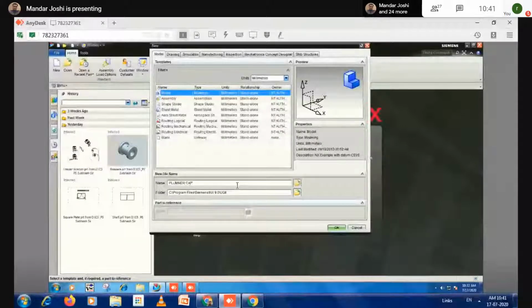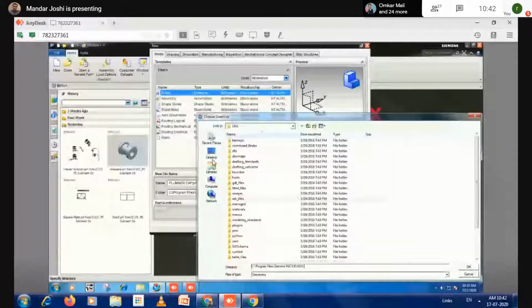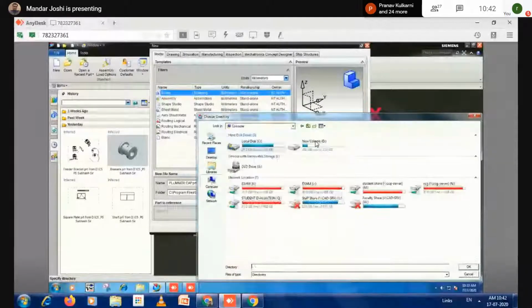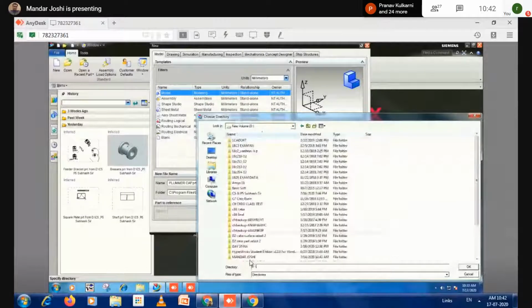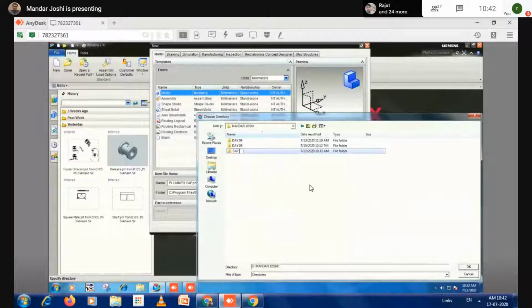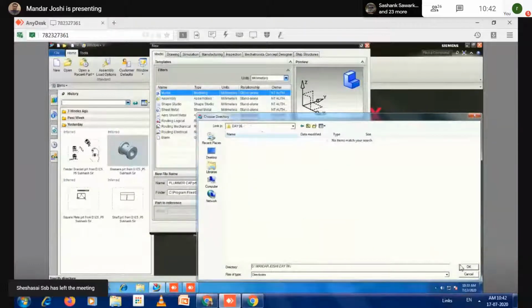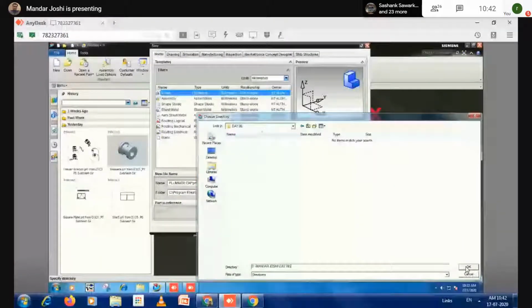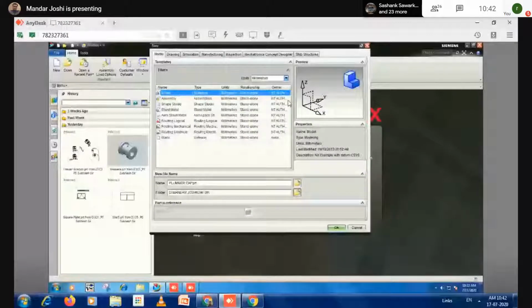Then the target directory you have to set here. Day number 06. Unit system: millimeters. Click on OK.